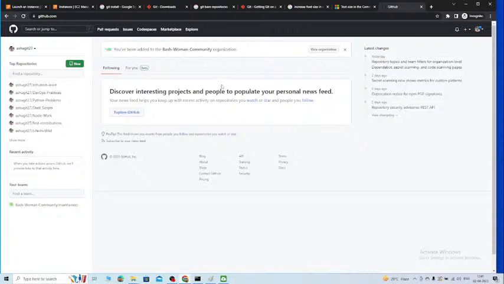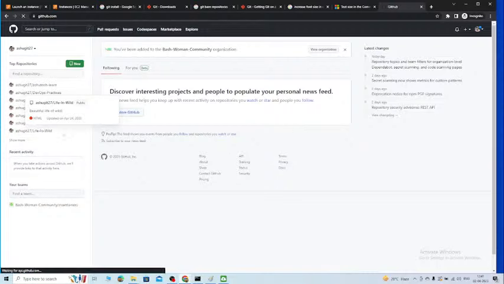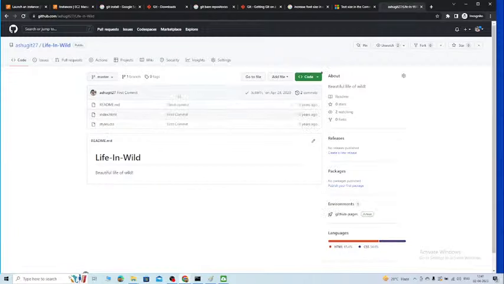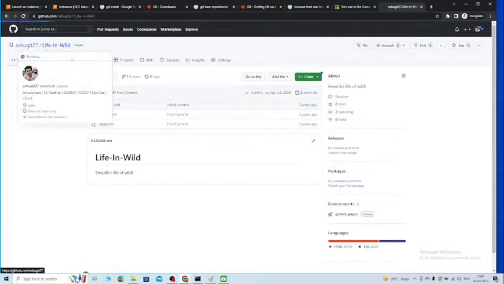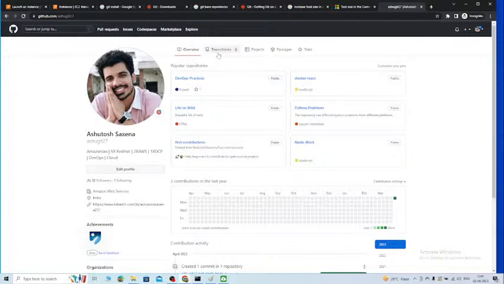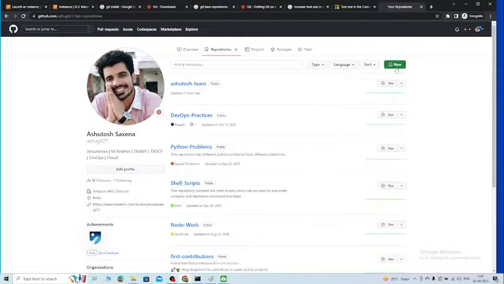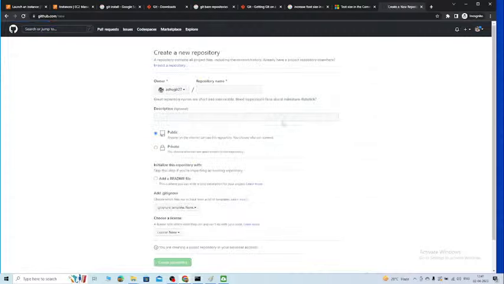So let's create a repository in my account, and I'll push the data from my local system to the respective Git repository. Let's say I have some repositories over here, DevOps, whatever. If I click on this one, this is the basic repository which was created a long time ago. If I go back and go to repositories, and click on new,